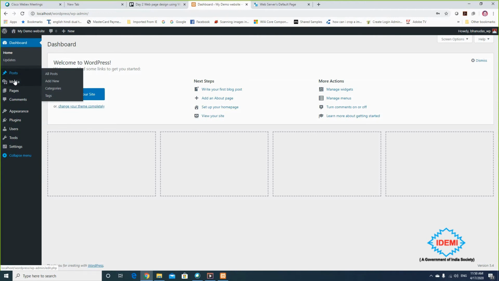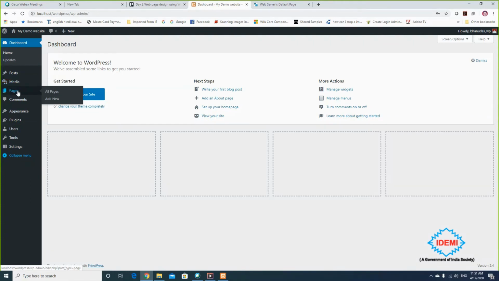Then there is media, where you can add video, pictures, audio, and even your PDF file or Word document. All of these are assets of your website, and all those assets like video and images, you have to make a library of that and put those assets inside the library. Otherwise, it will generate a detached library if you are not creating any library.